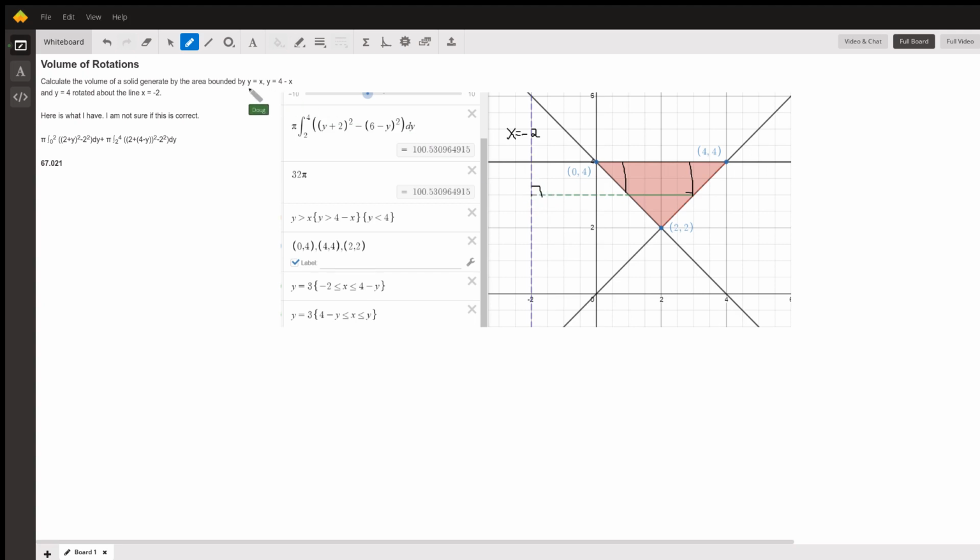So we want to solve each of these equations for x. x equals y, and x equals 4 minus y. So the outer radius is the distance from here all the way out to here. And this is the line y equals, or x equals y. So this total distance here is the right minus left, the outer radius